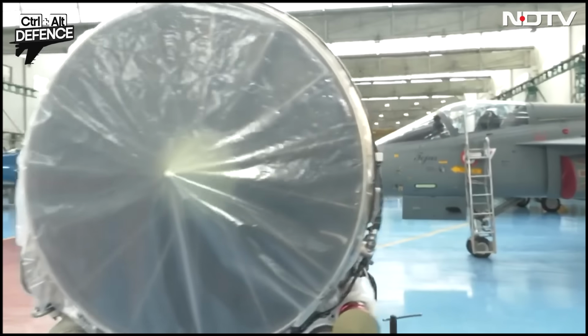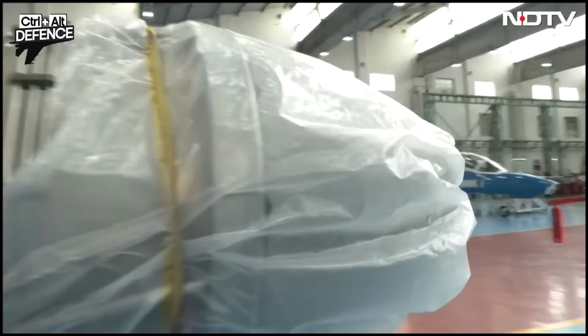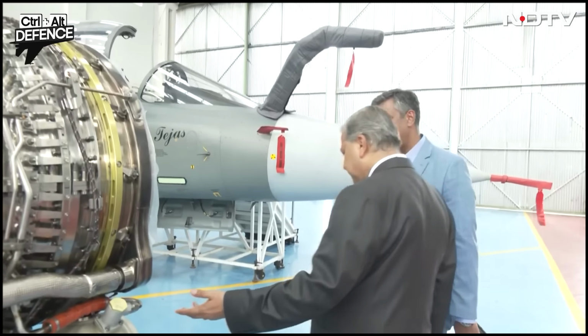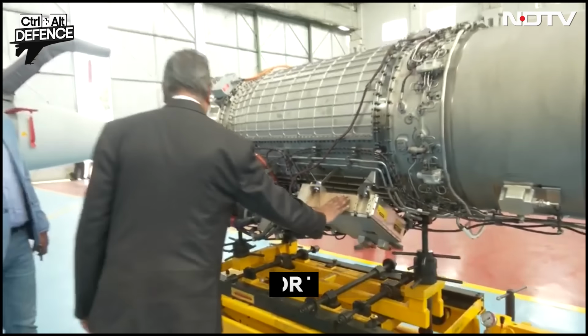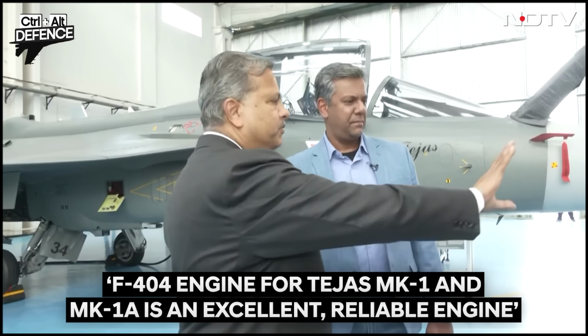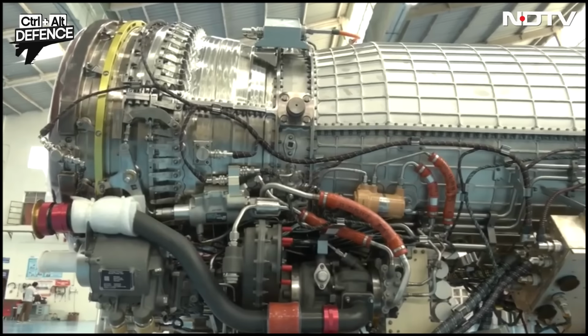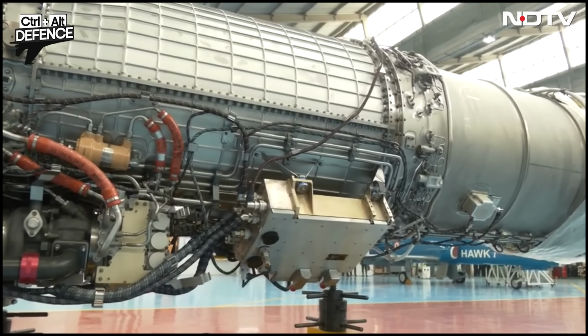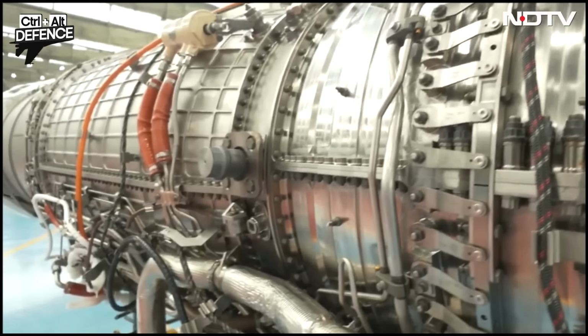Tell us a little about the engine now, since people have got such interest now in the G404 engine. It's been very reliable, for starters. Yes, it's a very excellent engine, about 74 kilonewtons. And you can see all these systems are mounted on that, like the fuel pumps, the FADEC. The FADEC comes on this side. That's the FADEC, the full authority digital engine control, right? This is the heart, the software which controls the fuel flow and the thrust. So as you see, there are multiple subsystems which are mounted: the fuel pumps, the lubrication system, the digital controller, and of course the engine itself. As you go from this end to that end, you will have the compressor, the combustor, the turbine, and finally...